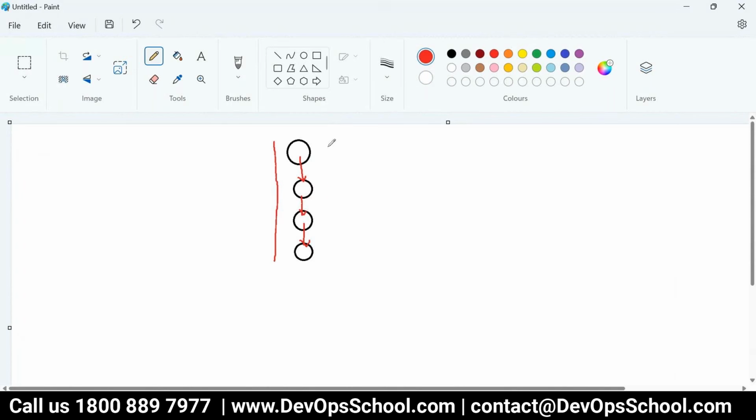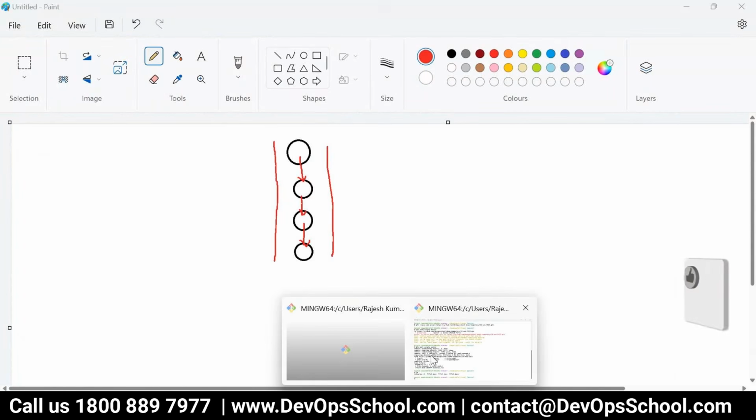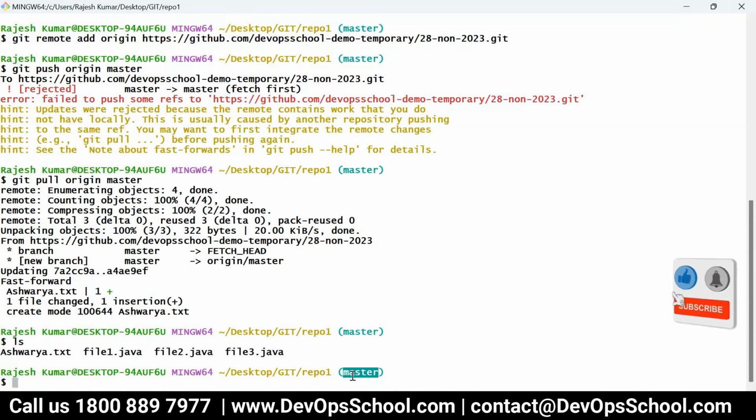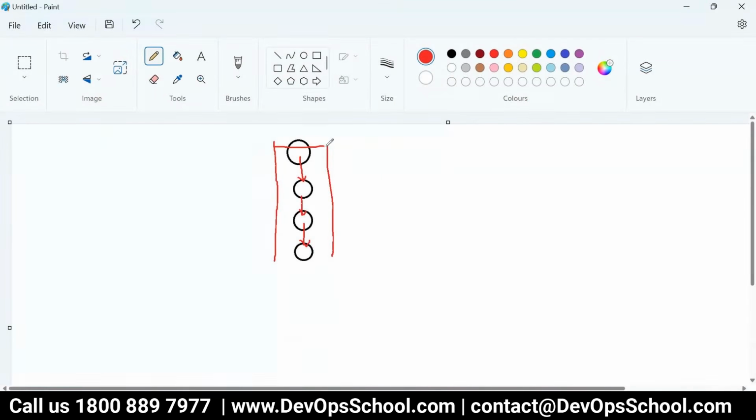When you did this fourth commit, by default you commit to the master branch. Since you made a first commit, you did the master branch. So that means any commit you do, you cannot do without a branch. You have to do it through a certain branch. And master branch is the default branch.